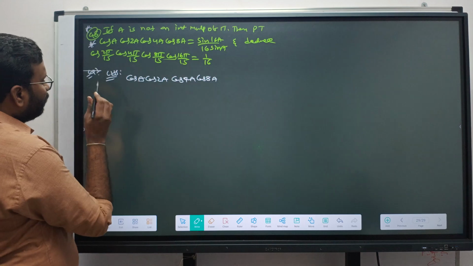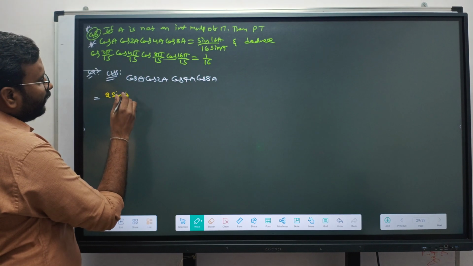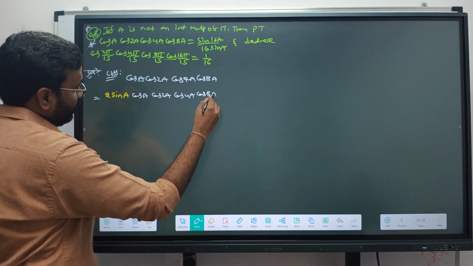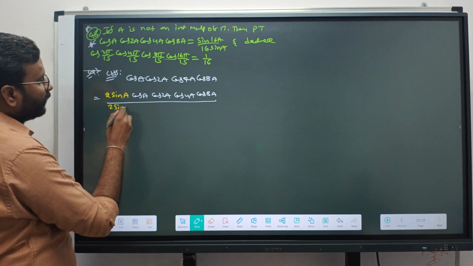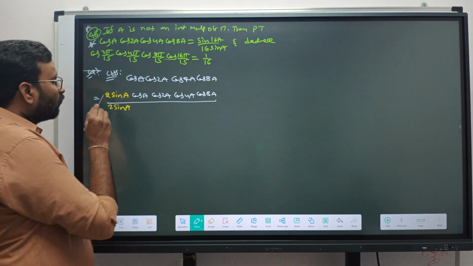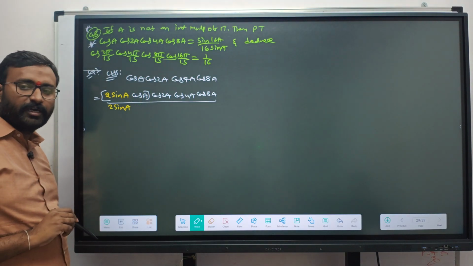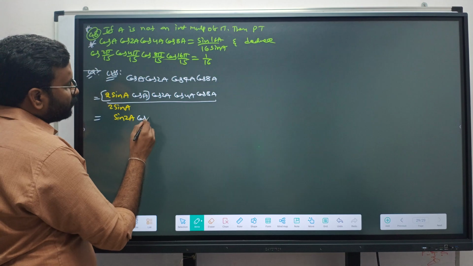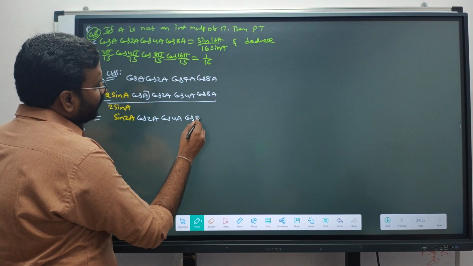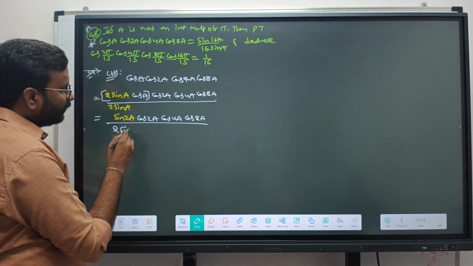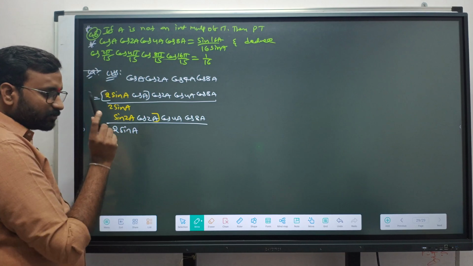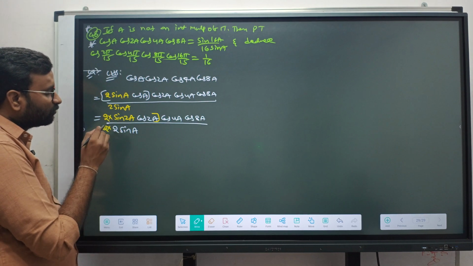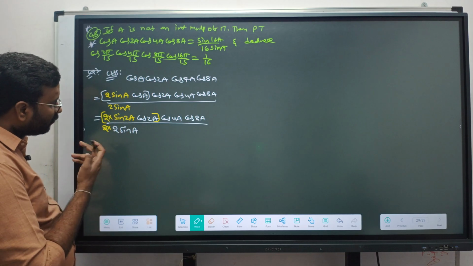So for cos to sine, we have the sin 2 theta formula, sine and cos. Now for that, what I am doing: 2 sin A cos A cos 2A cos 4A cos 8A by 2 sin A. Multiplying and dividing with 2 sin A. What about this? Sin 2A. So which is equal to sin 2A cos 2A cos 4A cos 8A by 2 sin A. Now, sin 2A cos 2A means same angle. Sin theta cos theta is there, but there is no 2. That's why multiply and divide with one more 2. Now, this is the 2 sin A cos A formula. Sin 2A, which is equal to